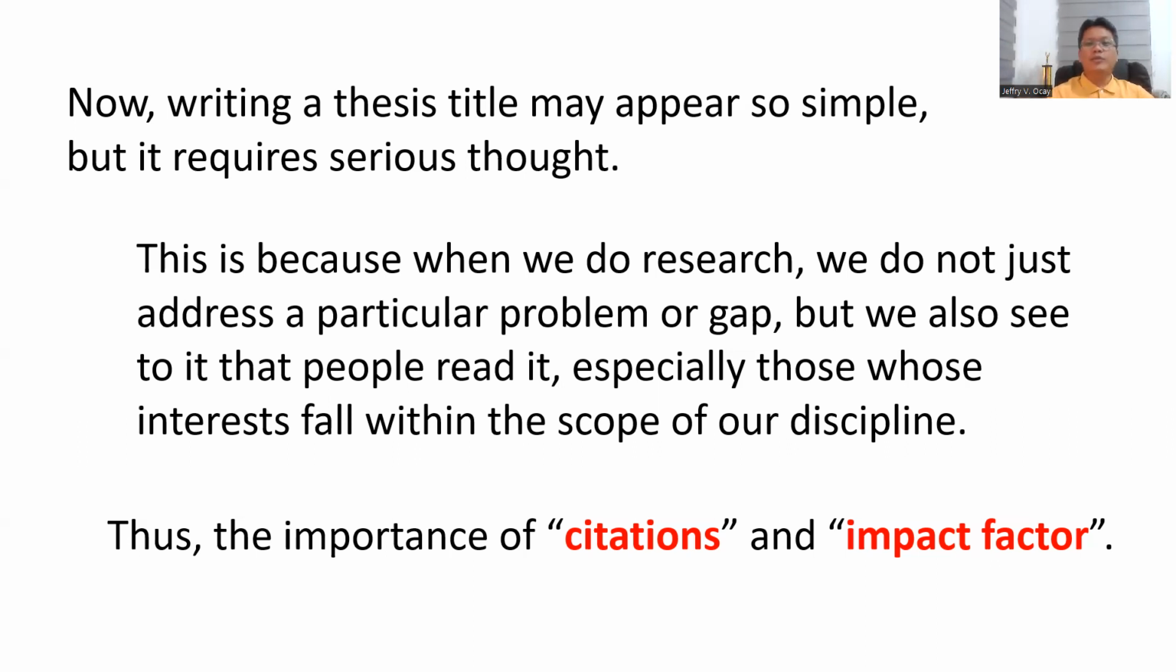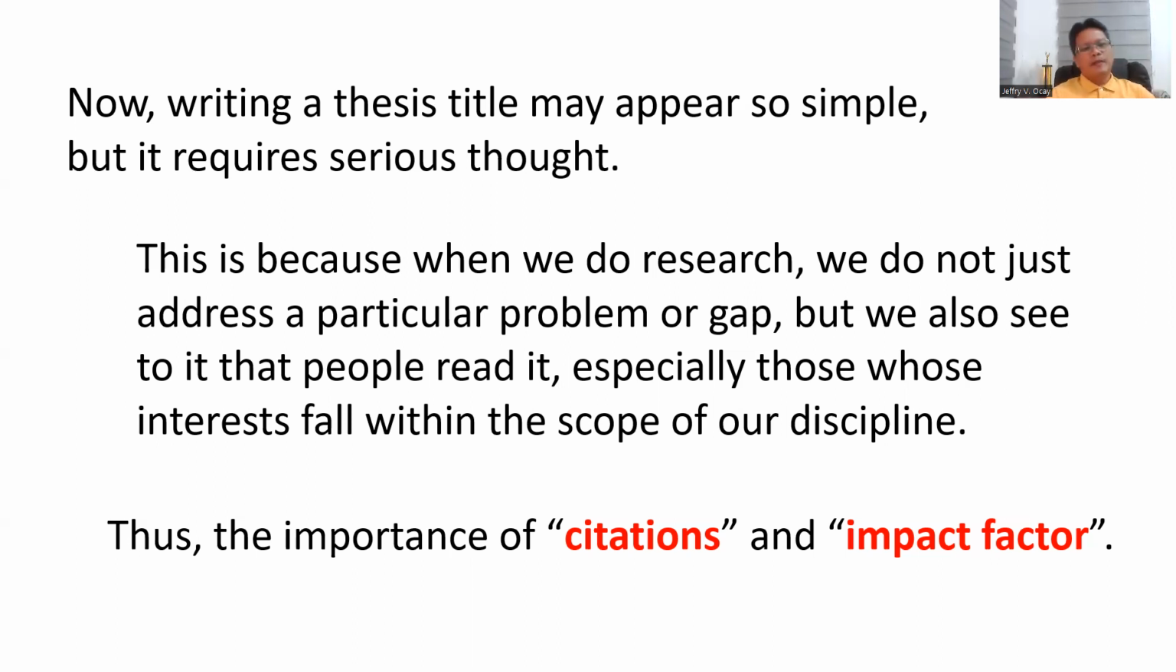This is because when we do research, we do not just address a particular problem or gap, but we also see to it that people read our published paper, especially those whose interests fall within the scope of our discipline. And that is why citations and impact factor are important. So why is it that some institutions, or some scholars, are very particular about the impact factor of the journal? Some scholars are so excited about citations that every time somebody cites their paper, they feel so elated. And that is because, of course,